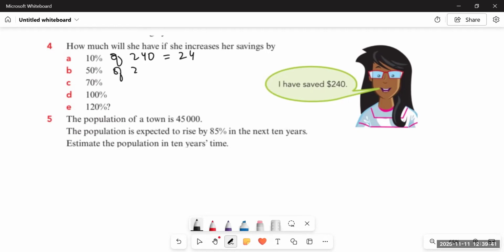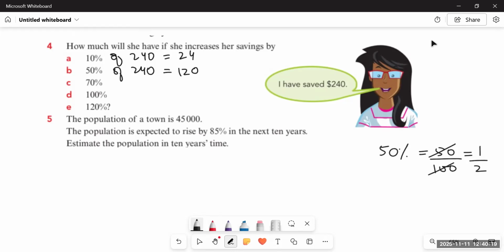50% would be 24 multiplied by 5, right? As I told you, 10 multiplied by 5 is 50. So 24 multiplied by 5 is 120. Or you can find it this way: 50% means half. 50% is actually 50 upon 100. 50 is the half of 100. So that's actually 1 over 2. So whenever it says 50%, it must pop into your mind that we are talking about the half of something. 50% of 240 means half of 240, and that's 120.